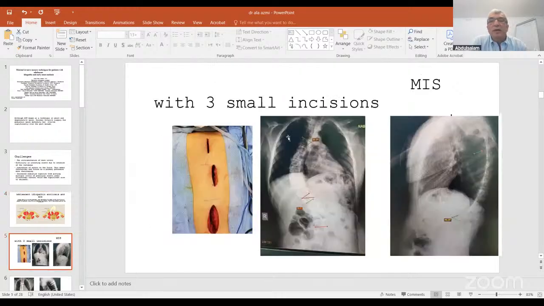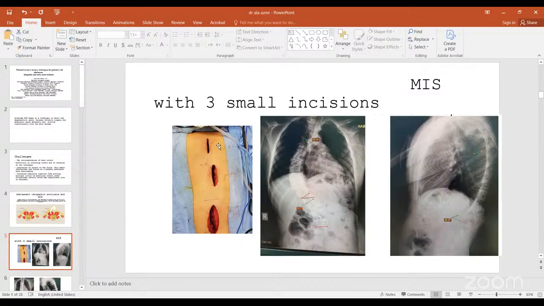So here, for example, this is an adolescent idiopathic case, and you do a less invasive approach. I don't think it's appropriate to say minimal invasive. It's more like a less invasive technique where we put, as you can see, a proximal small incision, a middle small incision, and a distal incision. Usually it's about 5 to 6 centimeters each one. And it's much better, as you can have much better levels. If you go subperiosteal as usual, you'll need to open more and more.